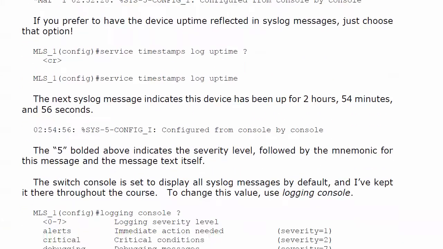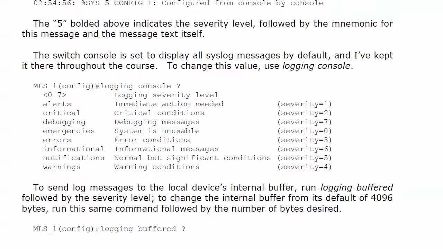We just went over that info. Now the switch console, that is set to display all Syslog messages by default. And I kept it that way throughout the course. We haven't done any debugging, but I think we've seen some of just about every other level here, mostly 5s and 6s when we've been configuring. If you want to change that, you can change it with logging console. And that's going to have the same options as we saw a moment ago with the logging host address. And you can put either the number or the word. And again, if you put, say, logging console 5 here, you're going to see messages at severity level 5 and